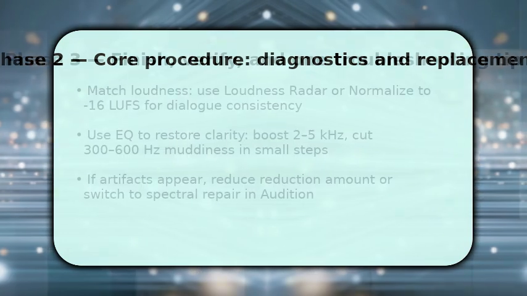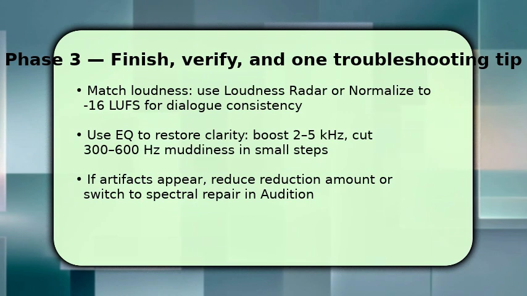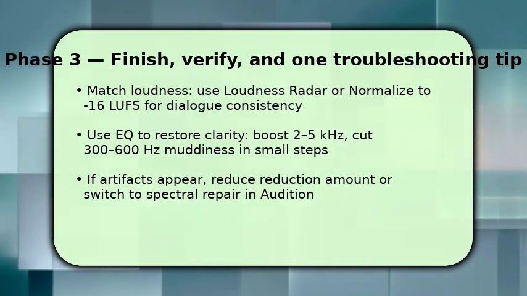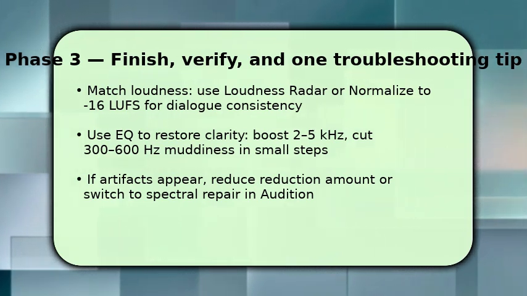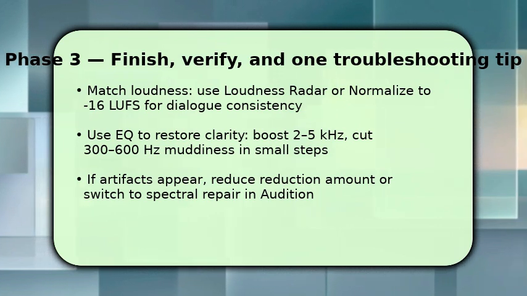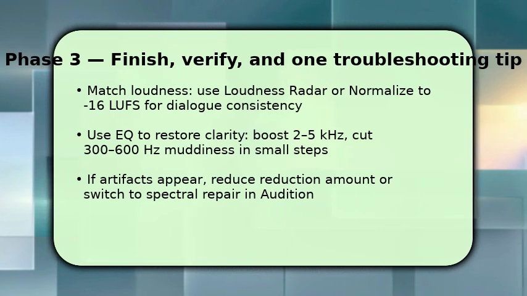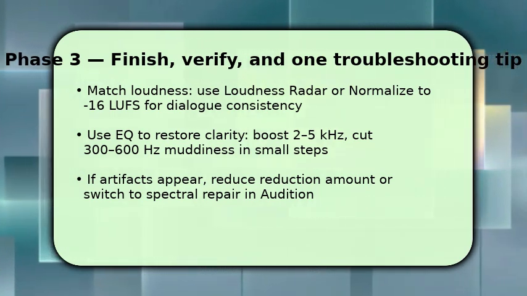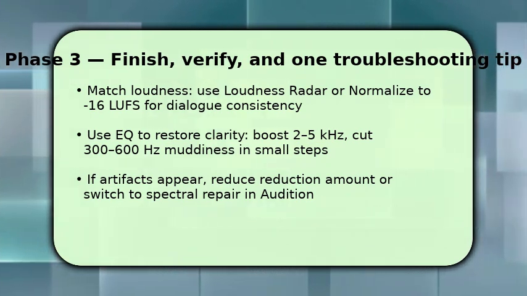First, normalize or use the loudness radar to aim for approximately -16 LUFS for dialogue. This keeps levels consistent. Then apply gentle EQ. A modest boost around 2 to 5 kHz brings intelligibility back, and a small cut between 300 and 600 Hz removes muddiness. If you hear pumping or metallic artifacts, reduce the noise reduction amount or round-trip the clip to Adobe Audition for spectral repair. If problems persist,